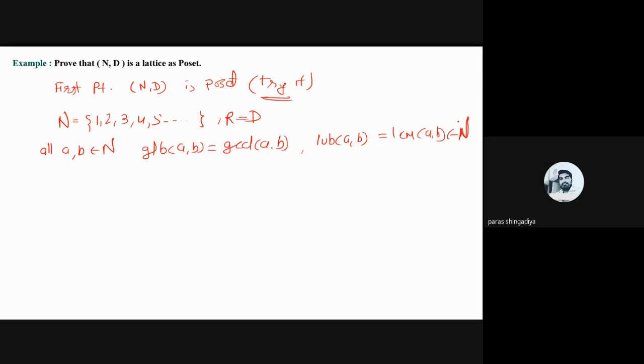So now we cannot prepare a table as we discussed in question number 1, because it was a limited value set, I think 8 to 9 values. But here N is given as the natural numbers, which include infinite values. So you do not have to prepare a table here. You just apply a general mathematical rule to check the answer of GCD and LCM. So here we consider the values A, B that belong to N, and you have to check the GCD of the two numbers.